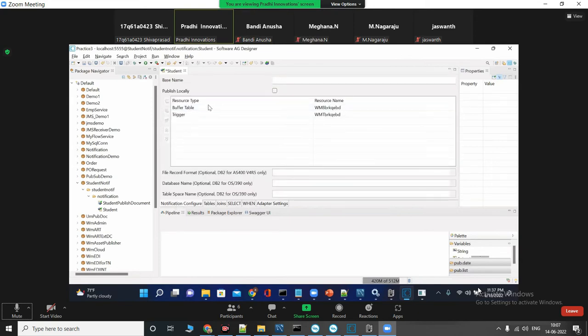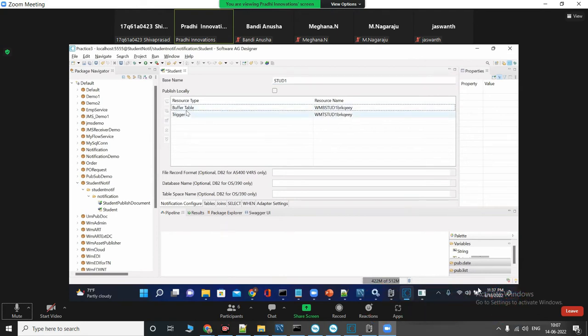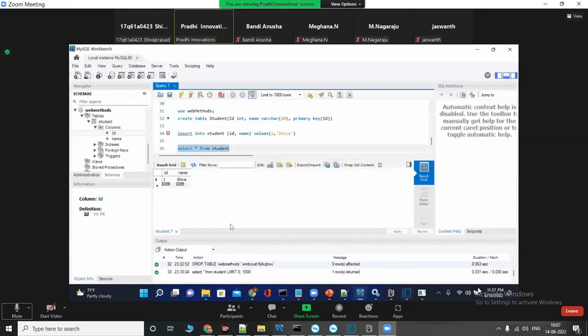So here this buffer table, trigger table is there, right? You need to give the base name, some base name. Let's say I given student 1. Okay, if I click here, webMethods student 1, this buffer table is created. Okay, what will happen now? In database, buffer table will be created. Okay, if I go here,